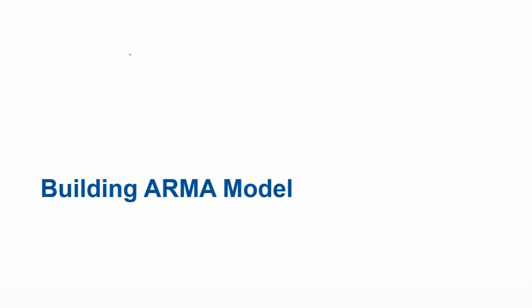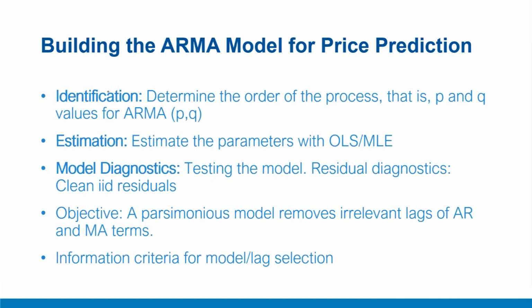In this video, we'll introduce building and estimating the ARMA, AR, MA class of models. Starting with the ARMA model, the first step is identification of the ARMA process. That means understanding what is the order of AR and MA terms, P and Q, order of the AR process and order of the MA process. Once you understand the structure and order of the model, then the second step is estimation of